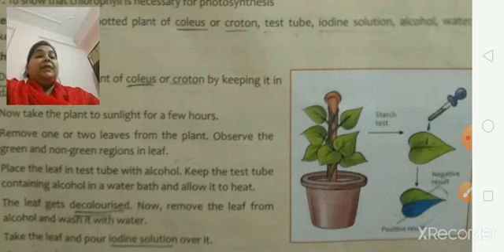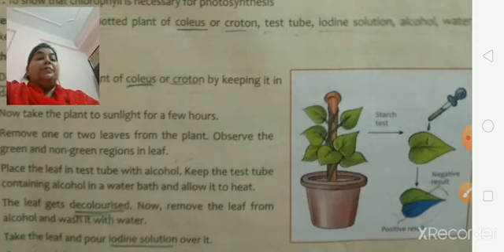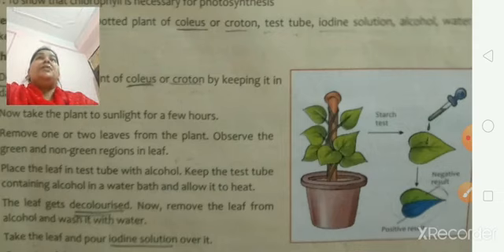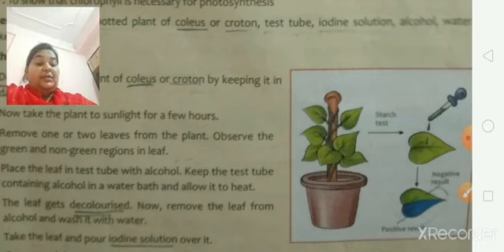So just after discharging the plant, when we take it out and keep it in sunlight, and when we pluck the leaf, what we are going to do now is boil the leaf with alcohol in water. In that process, we will observe that when we remove chlorophyll from the leaf by boiling it in alcohol, and then put 2 drops of iodine solution, its color changes to blue, which indicates the presence of starch.